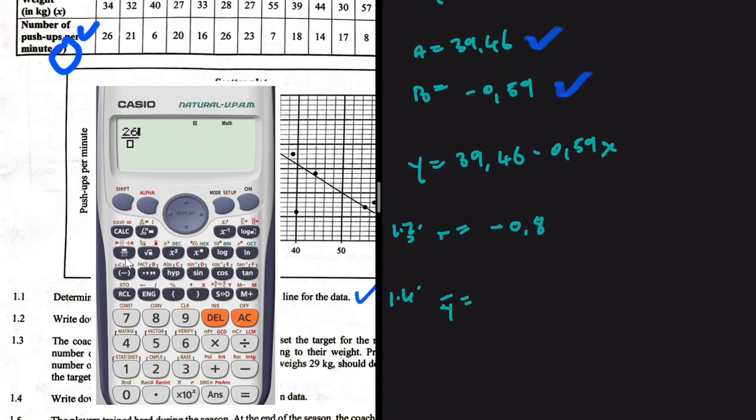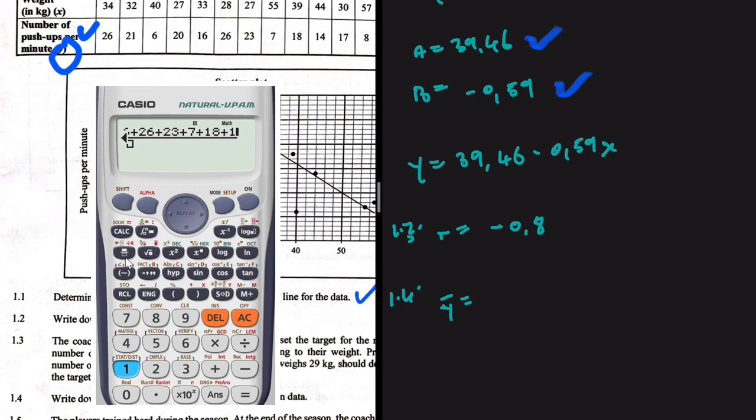So 26 plus 21 plus 6 plus 20 plus 16 plus 26 plus 23 plus 7 plus 18